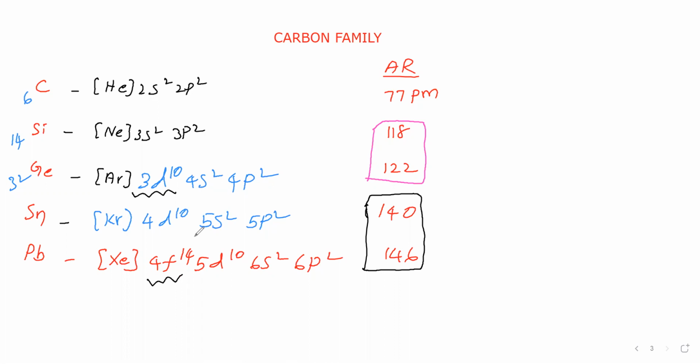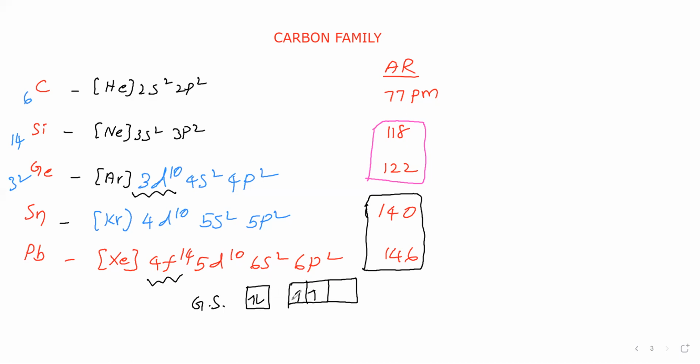In order to see ionic radius, we should know which oxidation numbers they show. So, now we will see which oxidation numbers they will show. Now we will take lead. For this lead, the valence shell configuration is 6s2 6p2. 6s contains 2 electrons, 6p contains 2 electrons. Therefore, in the ground state, lead is having 2 unpaired electrons.